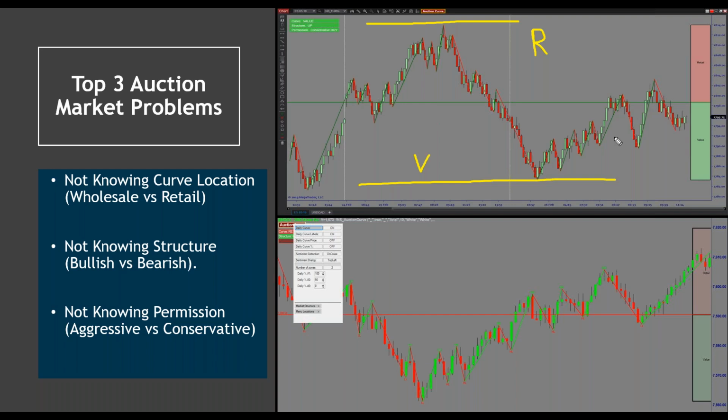I can't stand it when a trader tells me, oh, you just got to buy low, sell high. Well, who doesn't know that? Duh, right? We got to think about how, where. Show me where, show me how, show me why. Don't just say it, right? So one of the things we're going to do today is use a tool called the auction curve to tell you when you're cheap and when you're expensive. That's what we call curve location.